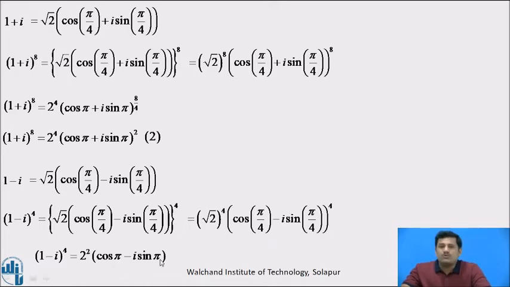As we want to evaluate that big complex number, we are always trying to write all these complex numbers as cos theta plus i sin theta raised to some power. Here this negative sign is there, and we know the identity cos theta minus i sin theta is equal to cos theta plus i sin theta bracket raised to minus 1. So as per this identity, we can write it as 2 square as it is, cos pi plus i sin pi bracket raised to minus 1. Now calling this equation number 3.